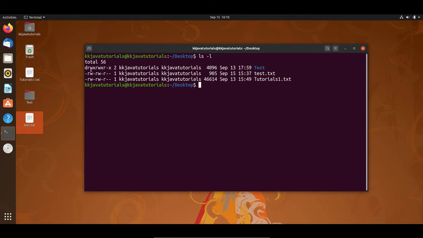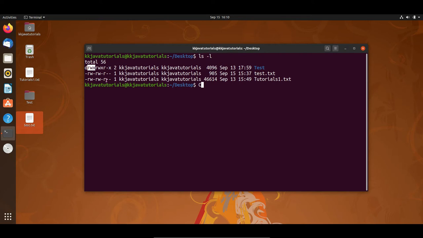But you might be thinking this character rwx is repeating again and again, right? So let me tell you, as I said, the first character represents the type of the file. Then after that, the next three characters represent the permission of the owner or user, right?